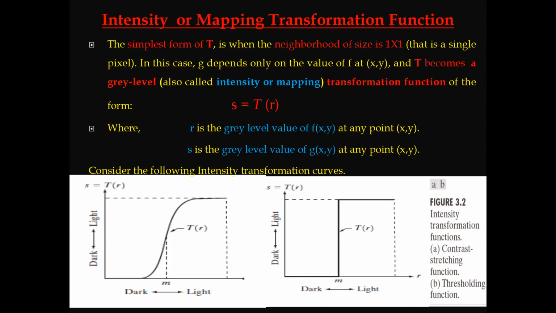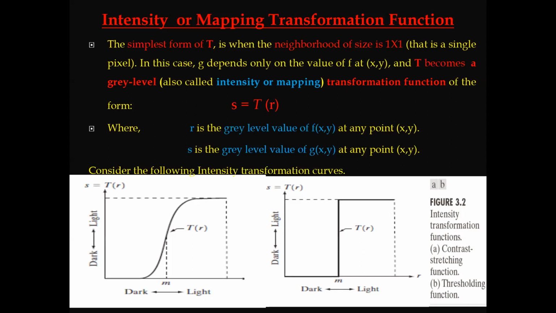Generally, a thresholding function will create a two-level image called a binary image. A single threshold value will create a binary image, a two-level image. If you take two threshold values, that is multiple threshold values, it can generate a three-level image.